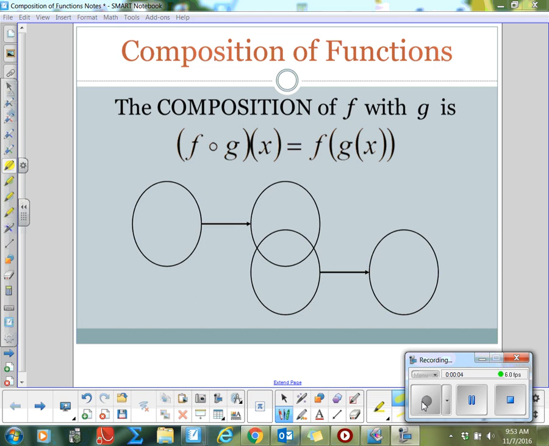Today we're going to talk about the composition of functions. There's two symbolic representations for composition. One is this little symbol that looks like a degree sign, but it's where a multiplication sign would go. However, it's not multiplication, it means composition of f and g. I tend to prefer this other notation